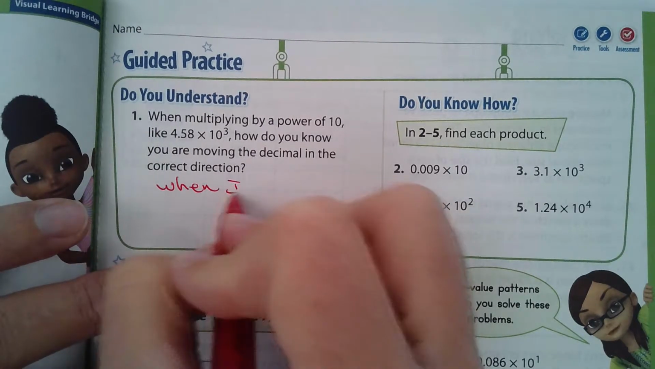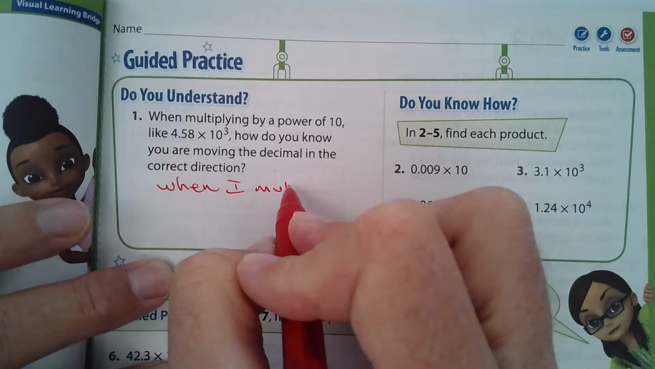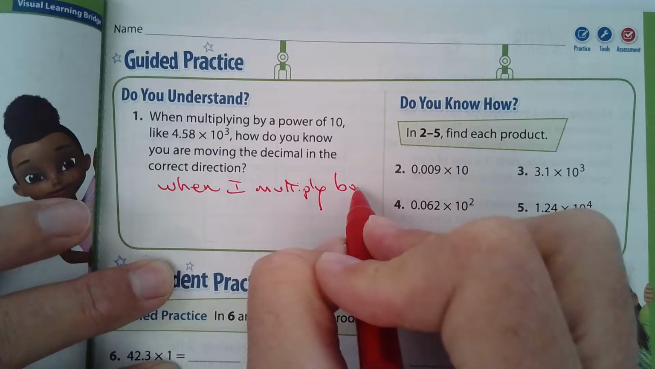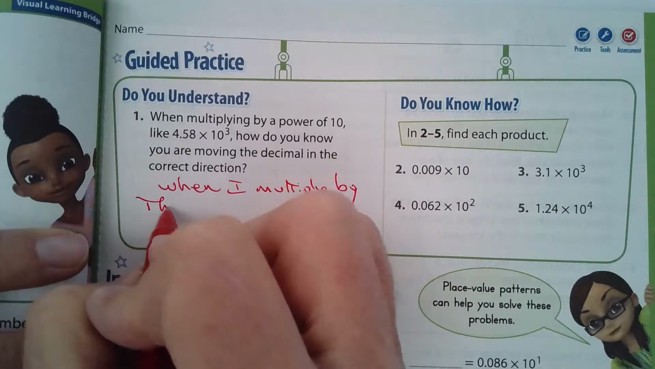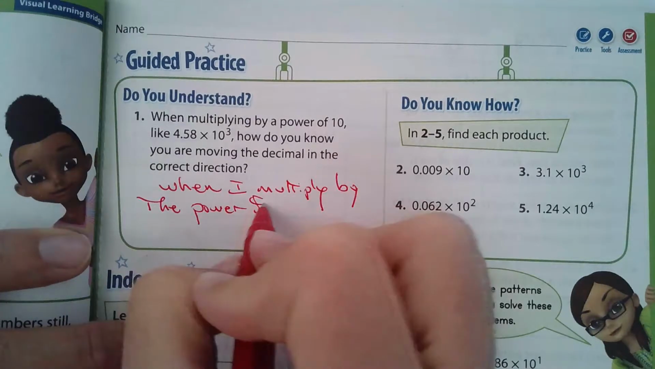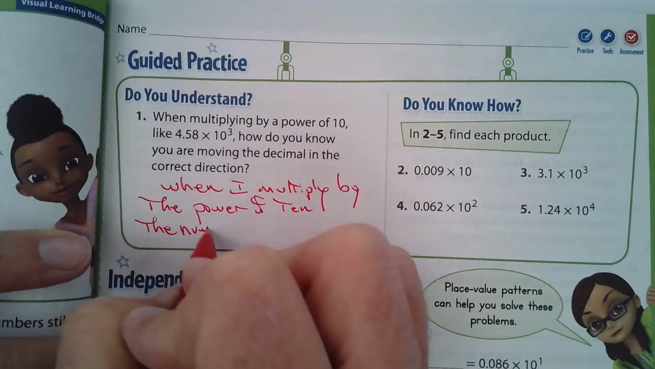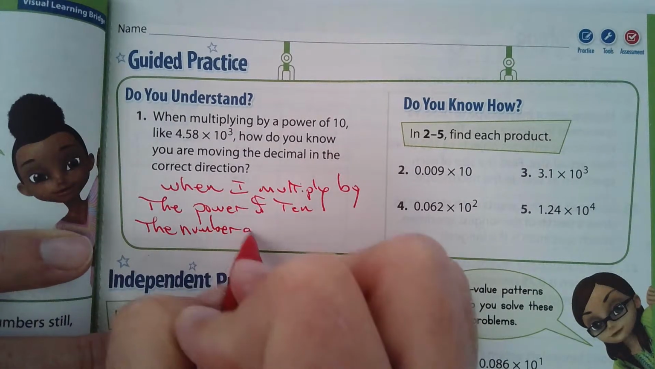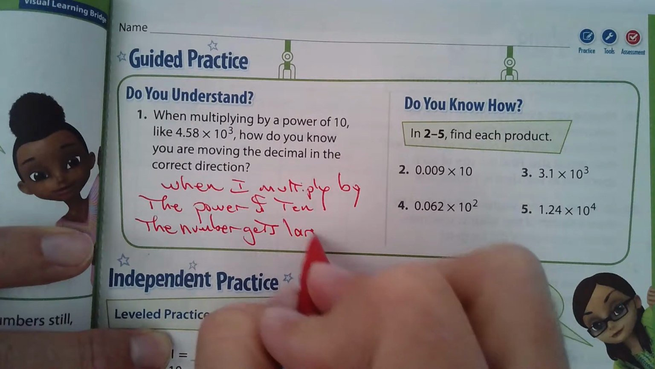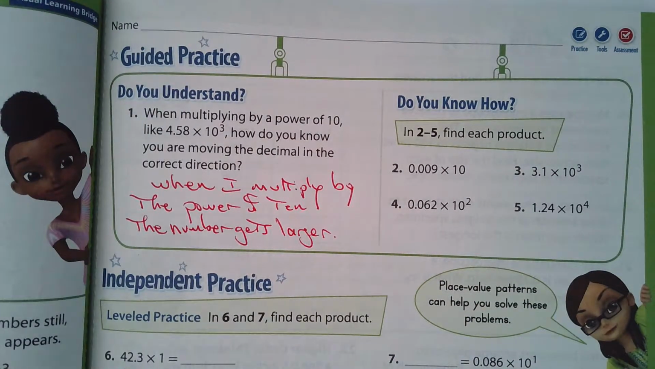When I multiply by the power of 10, the number gets larger. And if you still get confused